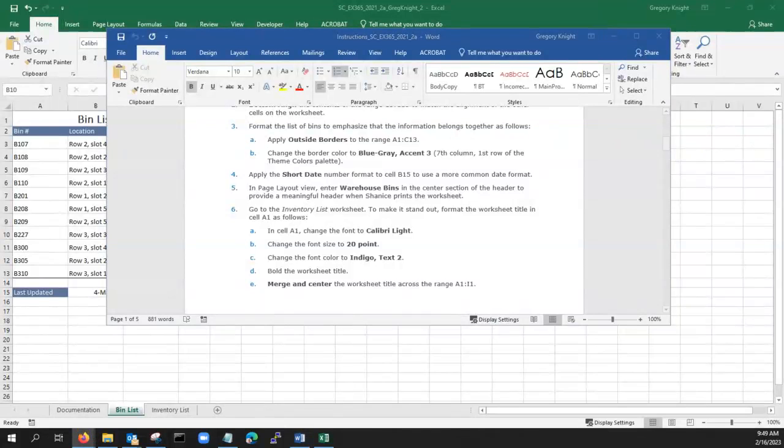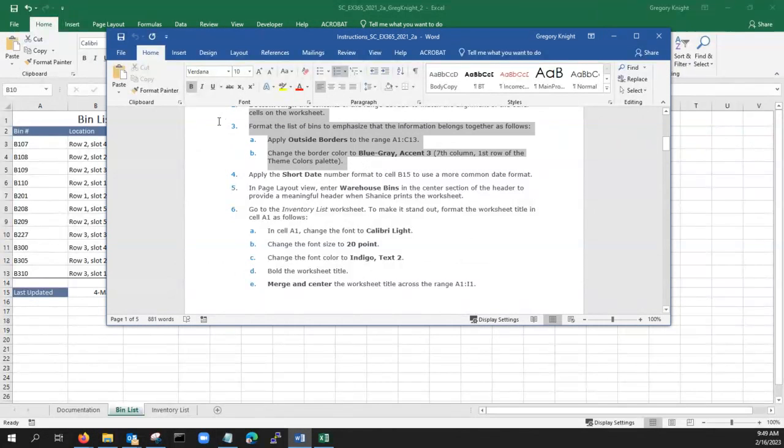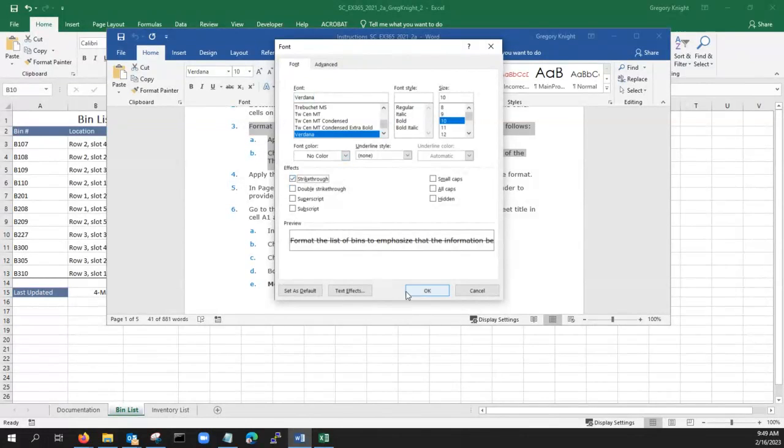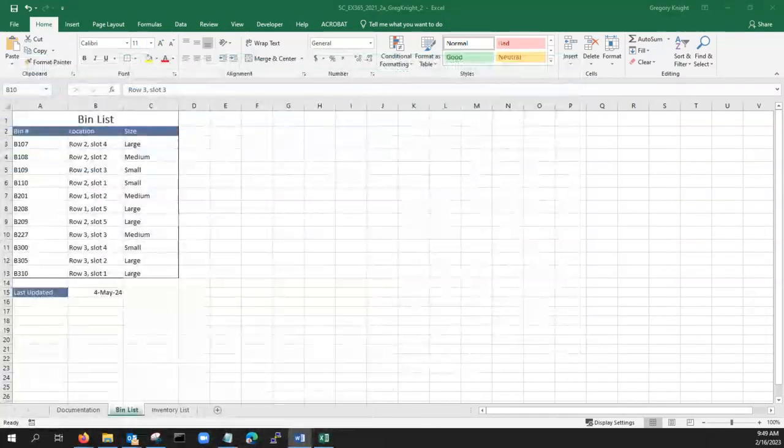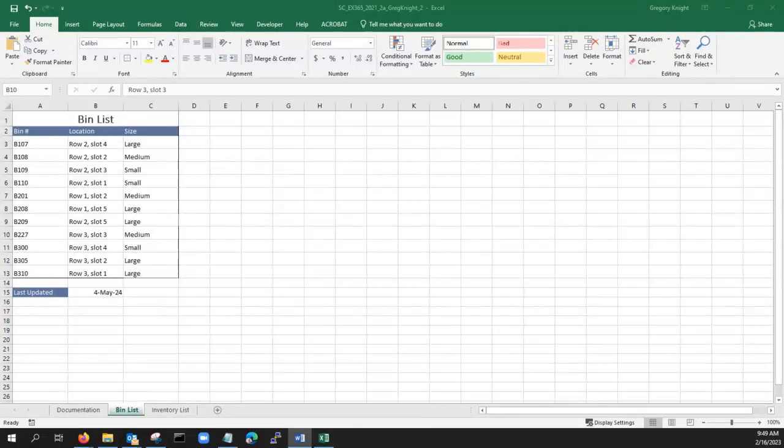So that gets us completing all the way down to here, so that's good. All right, so we're going to do step 4, apply the short date number format to cell B15 to use a more common date format. All right, so cell B15,